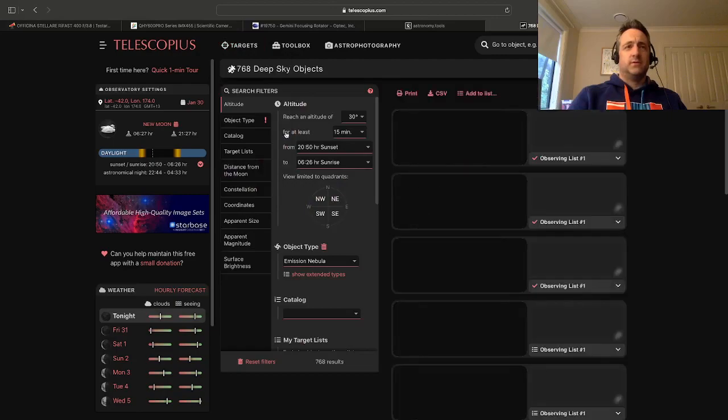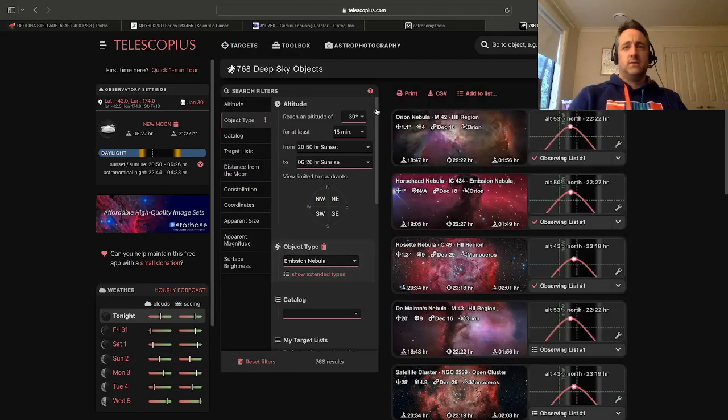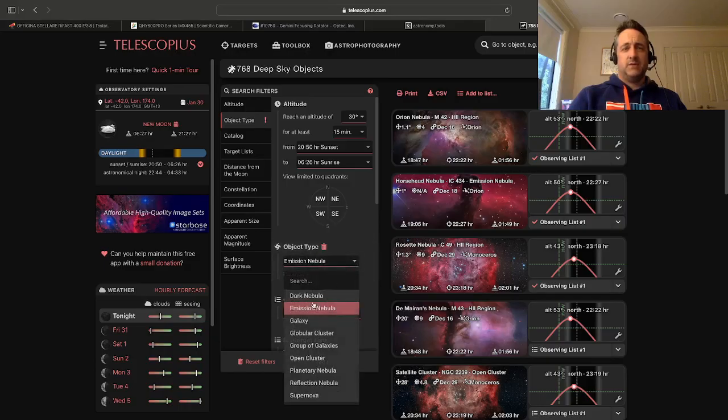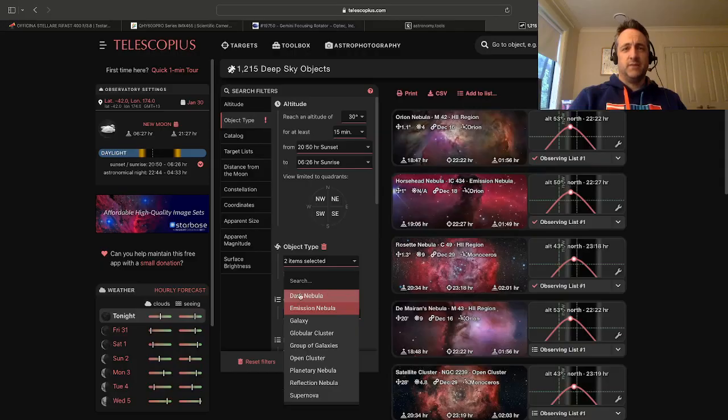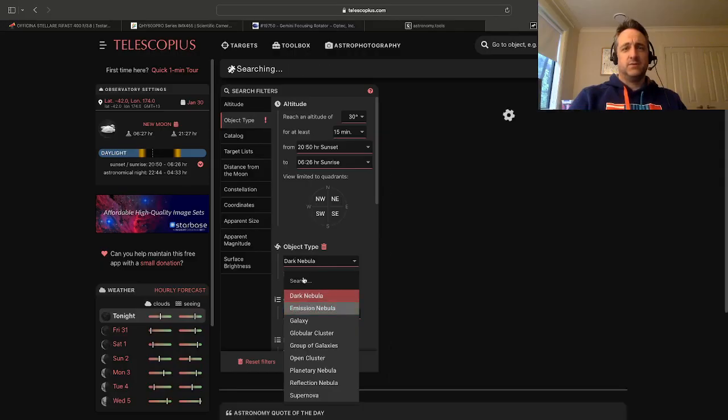We'll just maybe have a look at one other example. So here we looked at all types of objects ranked by popularity. If we come into object type here, we can choose other than emission nebula. Maybe we're interested in dark nebula, and it will give us a whole list of dark nebula. Sorry, I have to turn emission nebula off. It will give us